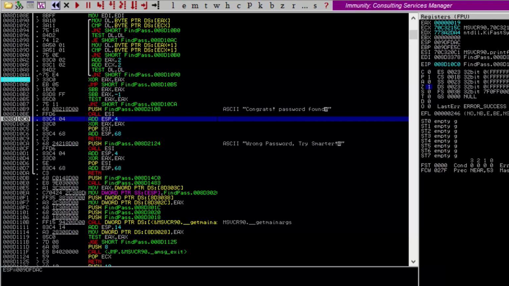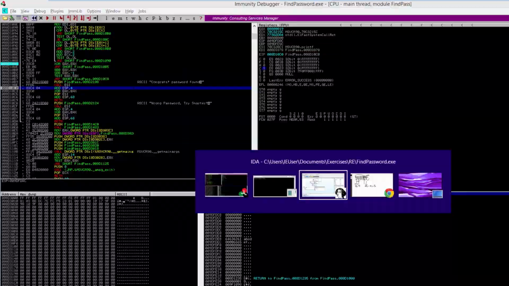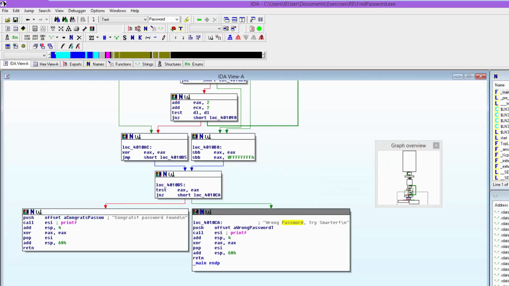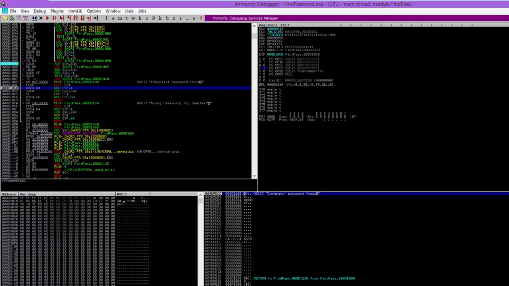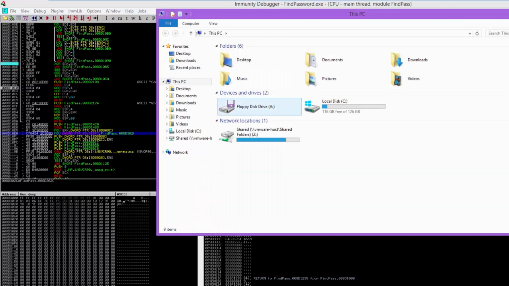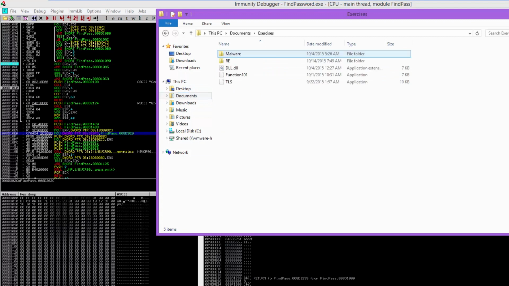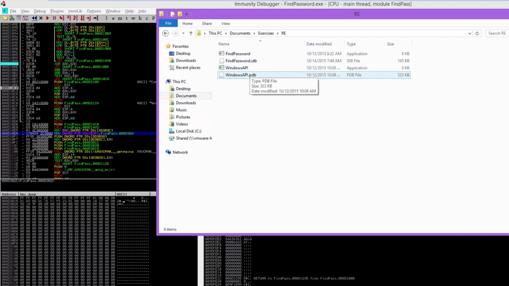So finally, let me show you that if we, for example, close this guy, which is IDA, we close it. Since it's a database, we said okay. If we open, guys, our example exercises, you can see that IDA created an IDB. This IDB is actually a database that stored all our changes. If we double click on it, it's gonna be picked up because of the extension by IDA. And basically IDA is gonna say, okay, so I'm gonna load the same,